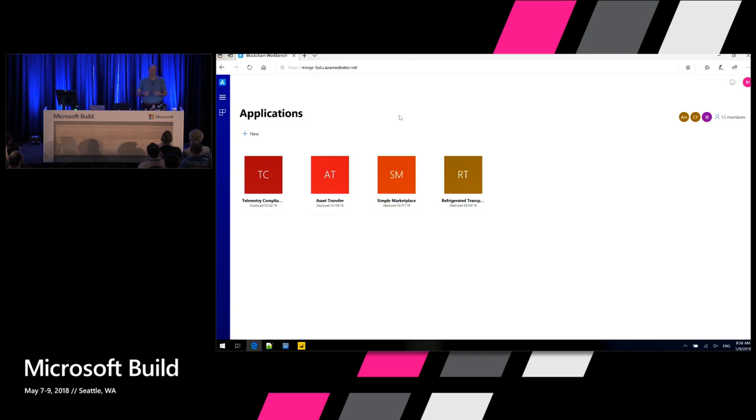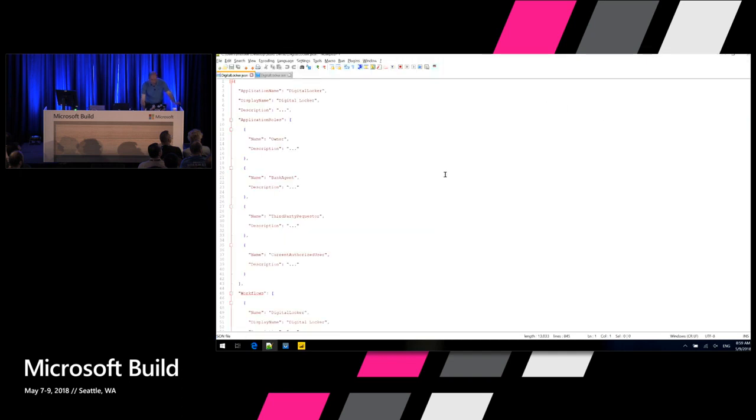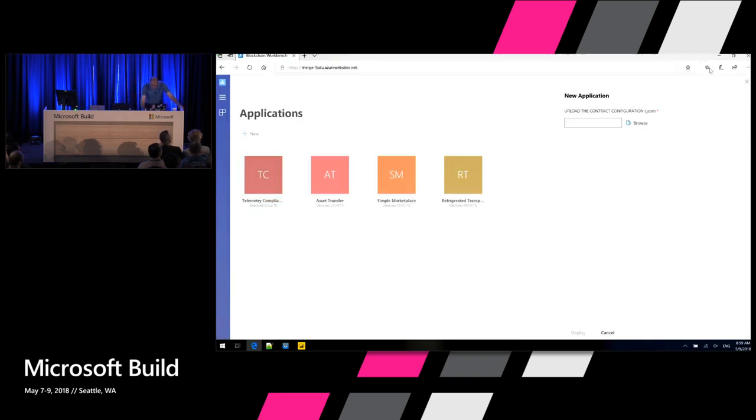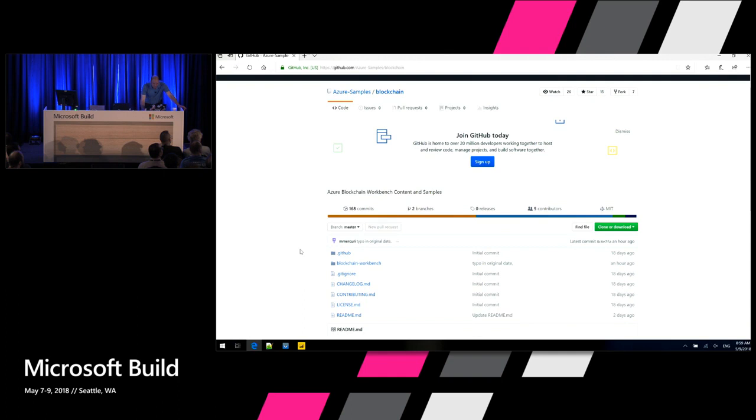So I'm Matt Kerr at ntdev.microsoft.com. Here I am. I'm logged in as Matt Kerr at Microsoft.com. So I can create a new application. And in order to do that, I need to add 2 files. Let me show you what that looks like. The first is a JSON file. That is the configuration. This contains the set of states that are in that diagram. And actually, before I go there, let me go to the samples. So this is available for all of you.